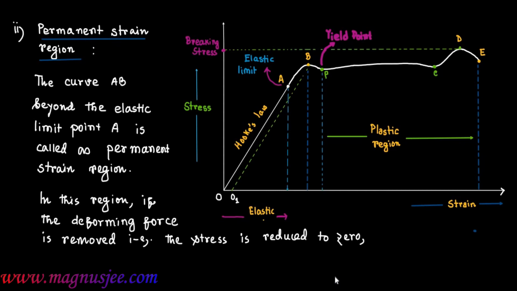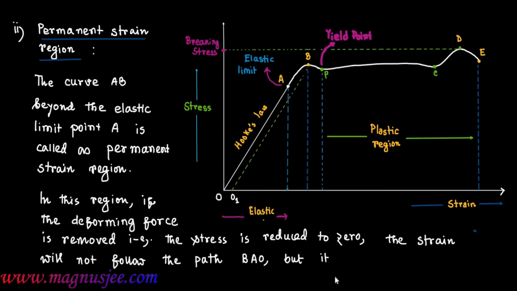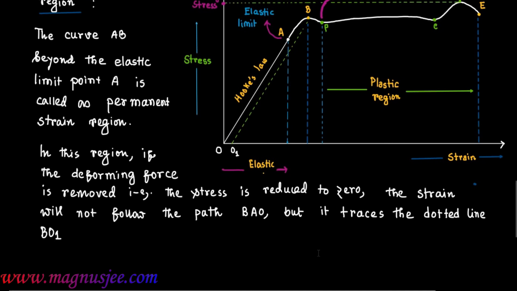The stress is reduced to zero. The strain will not follow the path BAO, but it traces the dotted line BO1, and the portion OO1